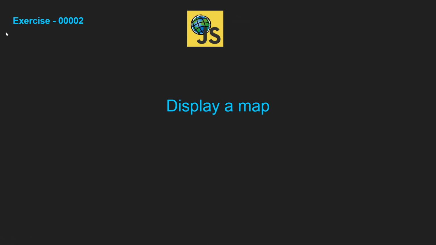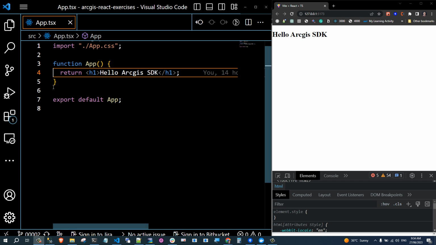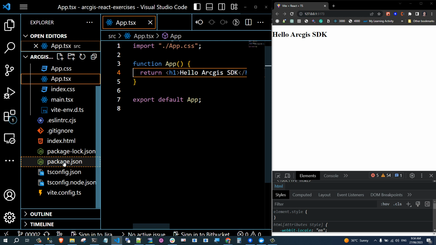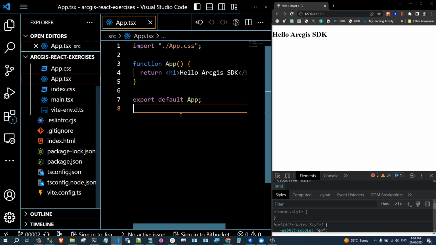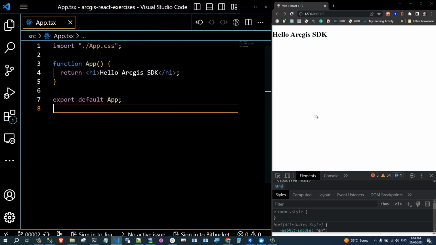Display a map. In exercise 2, branch number 2 in our repo, you'll find the repo in the description. We need to display a map using ArcGIS. So let's move to this exercise and see what we got there. I opened the solution. I found just a simple app. We have the ArcGIS core dependency installed already,